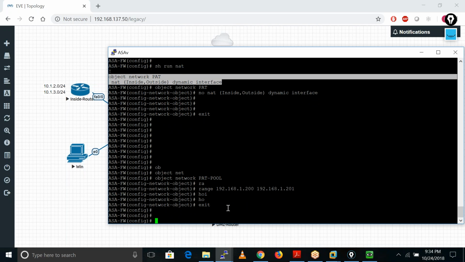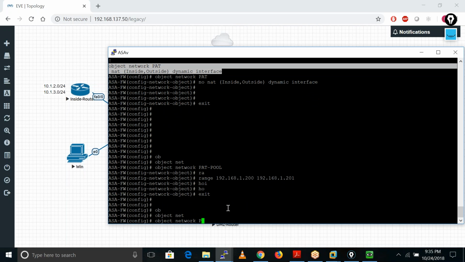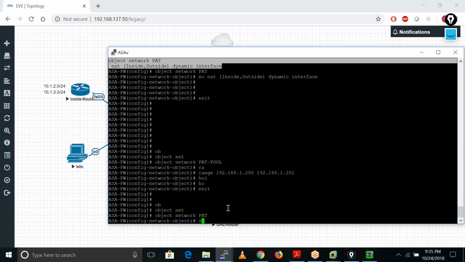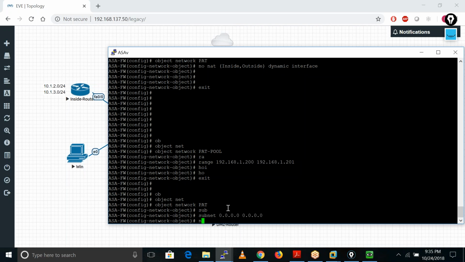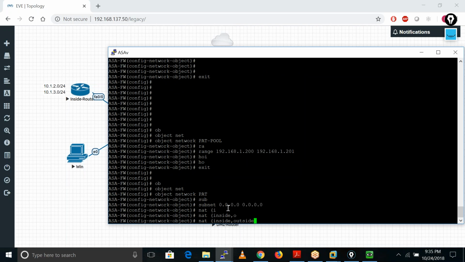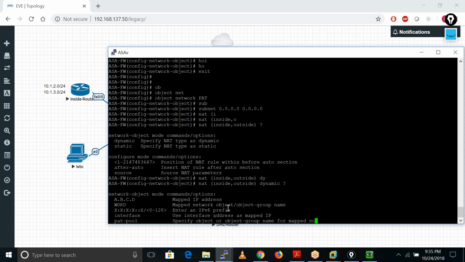Okay. After that, I'll just go to the same object network PAT, subnet 0.0.0.0 0.0.0.0 and nat inside to outside. Here I'll use dynamic.